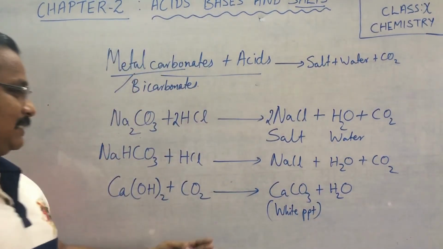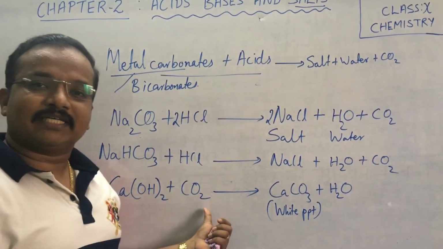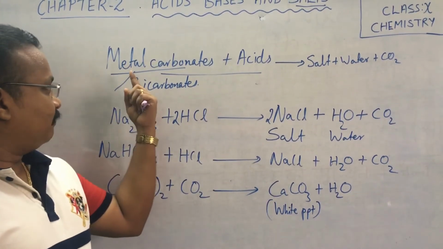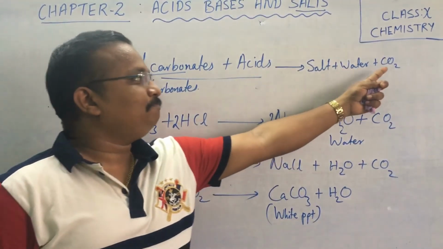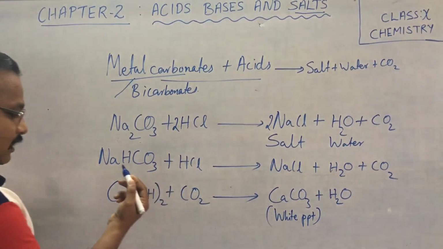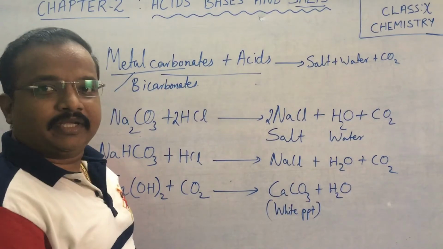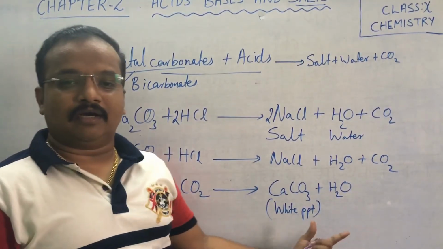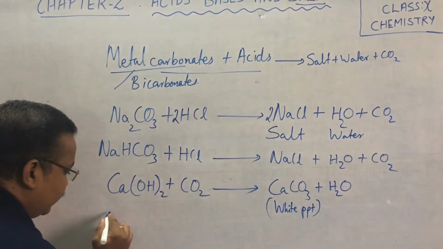So by that we can understand that carbon dioxide gas is produced during the reaction of metal carbonates or metal bicarbonates with acids. So on reacting this carbon dioxide with calcium hydroxide, they produce a white precipitate as well as water. Now, if you continuously pass carbon dioxide gas into this mixture,